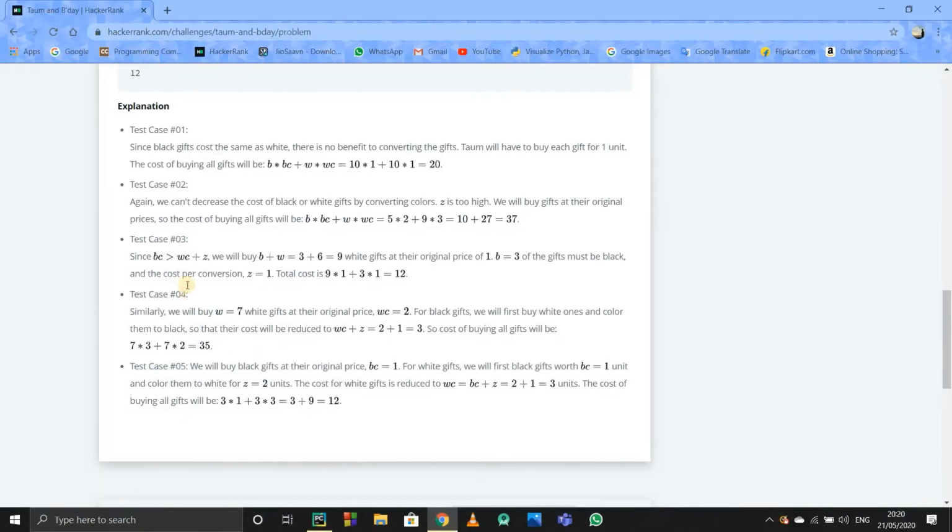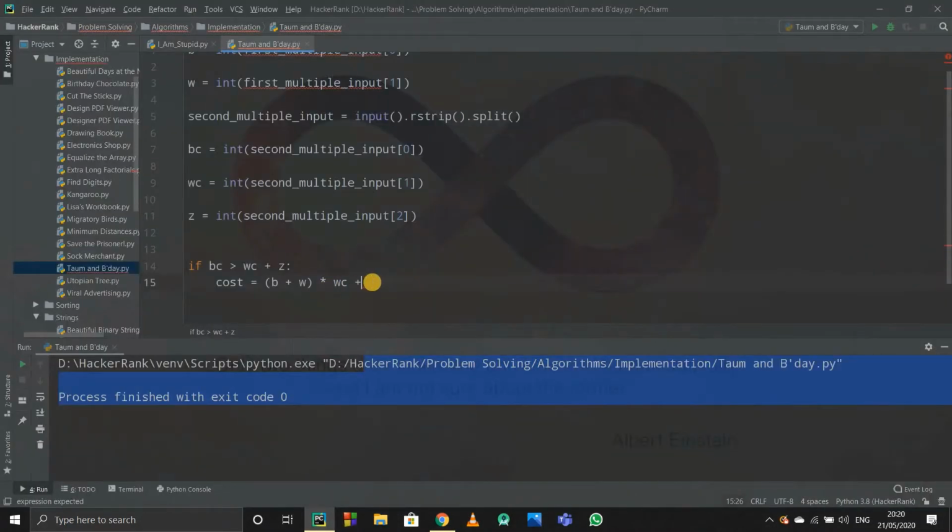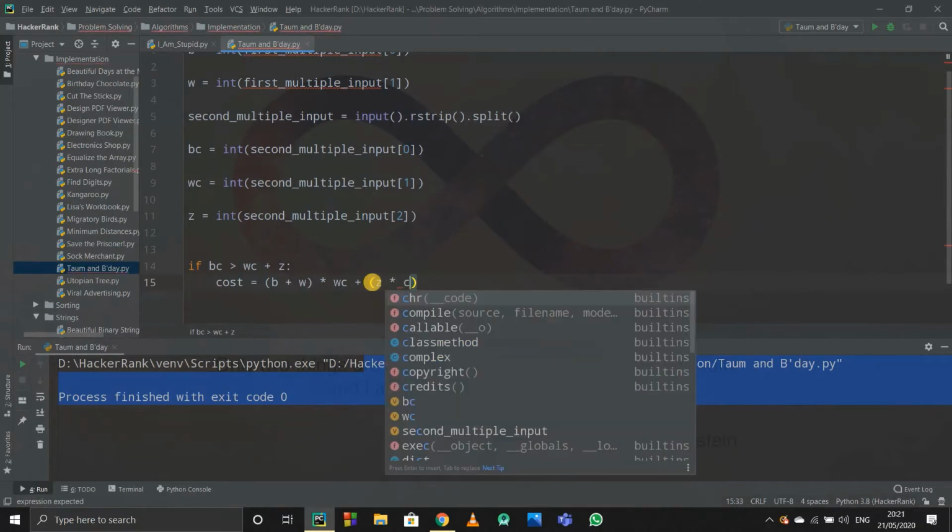As they have mentioned over here, black plus white into the cost of white gifts, and I have to convert them, right? So how many do I have to convert? I have got all the white gifts. Now I have more, I have to convert them, right? So I'll write z into how many gifts I want, that is b.